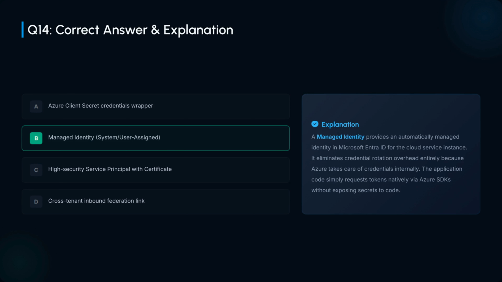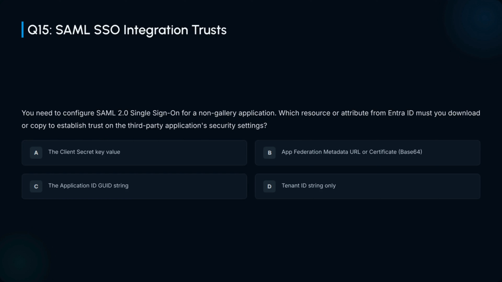Question 15. When configuring SAML 2.0 SSO for a non-gallery application, which attribute from Entra ID must you download or copy to establish trust with the third-party application? The correct answer is B, App Federation Metadata URL or Certificate. This metadata provides the cryptographic keys and endpoint information necessary for the receiving application to trust tokens signed by Entra